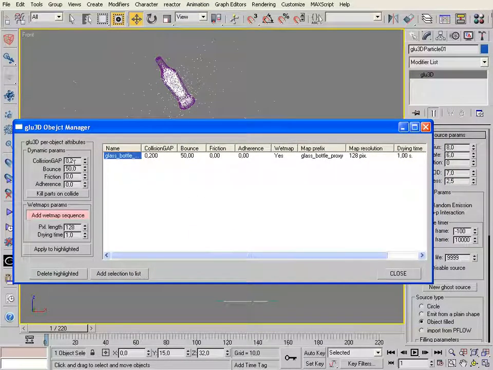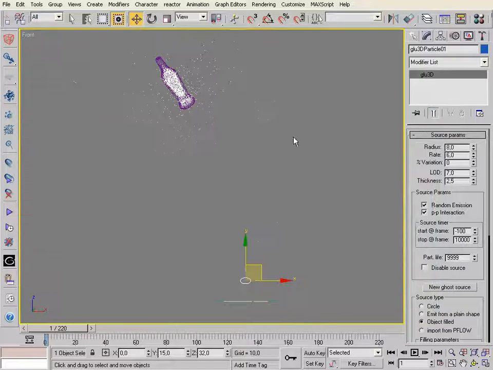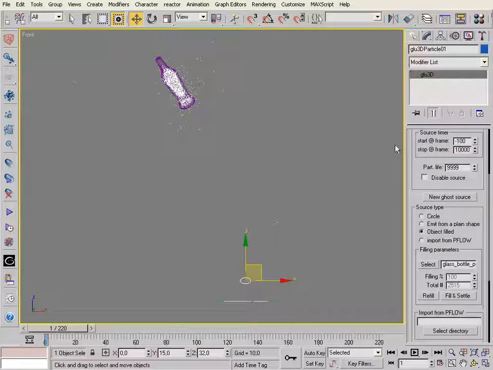Let's open the Glu3D object manager. I think this parameter, collision gap value 0.2, is too much, and I'm changing it to 0.1. If the collision gap value is too large, particles can act as if they are exploding. So now I will recalculate it from the beginning, but